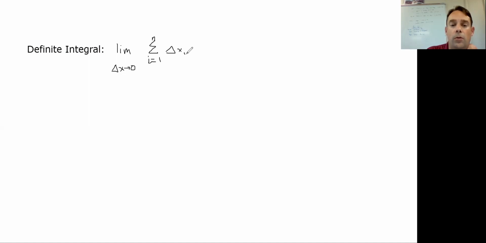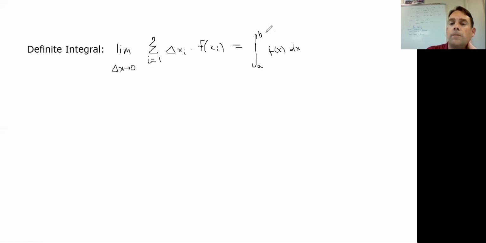So our base then is approaching 0. So the height is really all we're adding up. And so the definite integral really is all these Riemann sums added together. It turned out these Riemann sums can be written as what we call a definite integral,